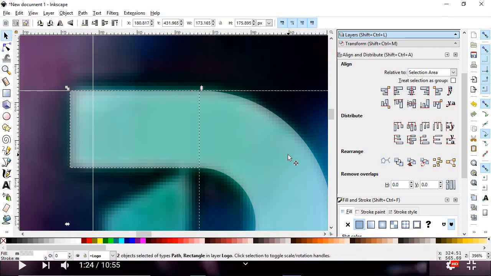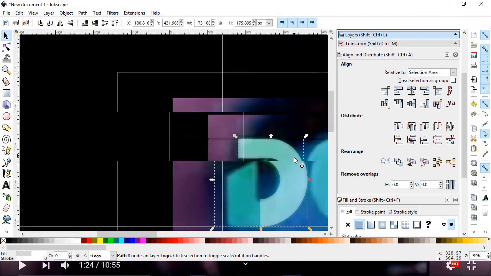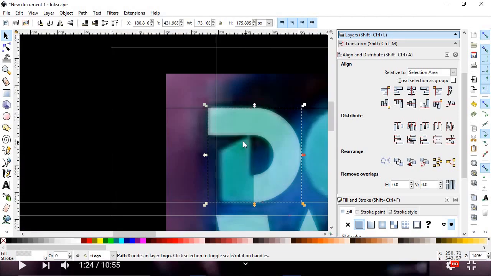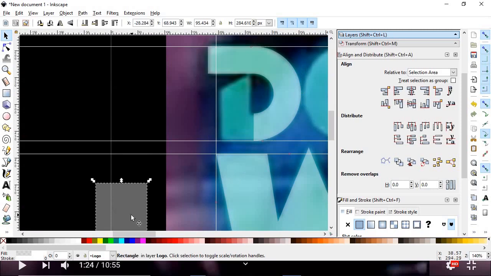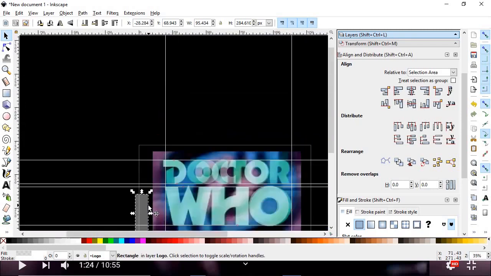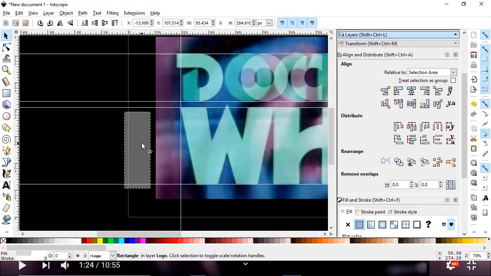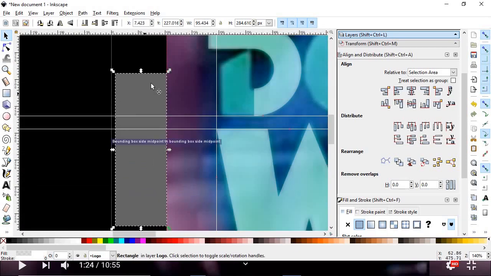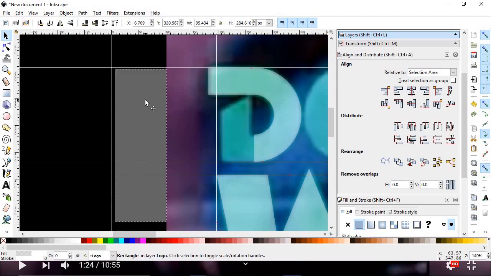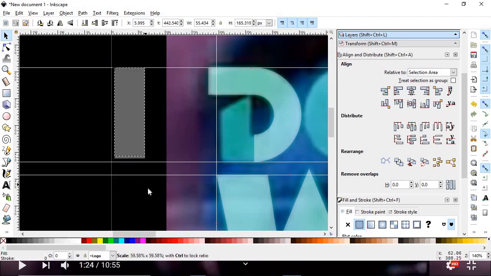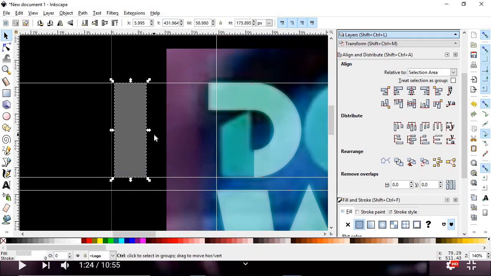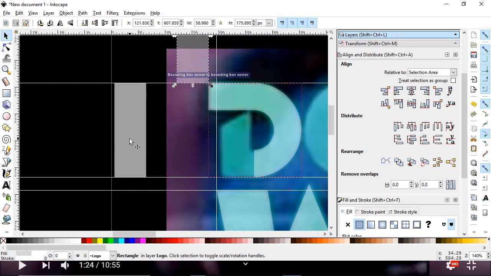And we will union those two shapes, Control+. Now, to get that horizontal bar of the D, what we then need to do is take this spare rectangle we have here, and we're going to resize it to the size between the two guidelines here. Hold down Control and resize, like that. And I'm going to make two more copies of that shape as well, because we'll be reusing this rectangle again